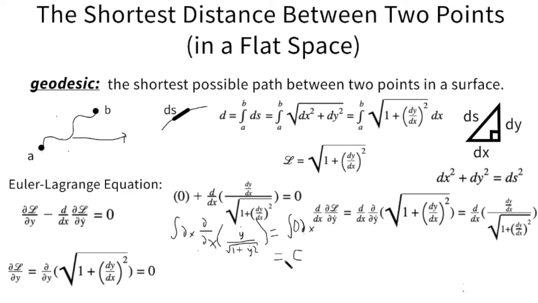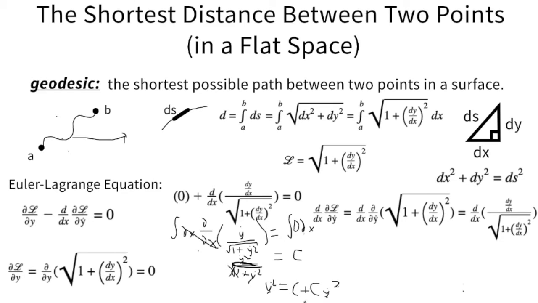We're going to have c as any generic constant. The dx is canceling here. There's y dot over the square root of 1 plus y dot squared. So we're going to square both sides of the equation, right? So then we'd get y dot squared. And that lets us get rid of our radical. Then a constant squared is just another constant. We can multiply both sides by the denominator of 1 plus y dot squared, and we get that y dot squared equals, so I'm going to distribute the constant over 1 plus y dot squared. We get the constant plus the same constant